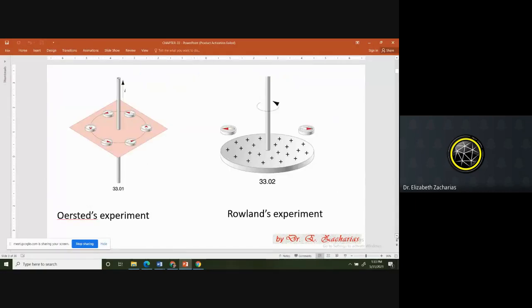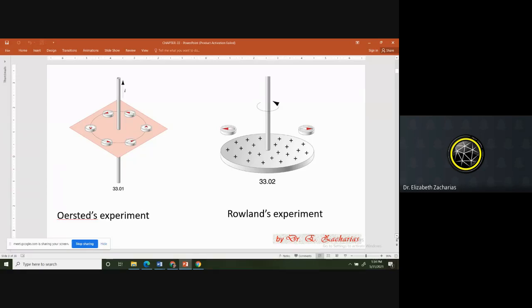Okay, so what's the first sign that currents can give rise to magnetic field? So you have this Oersted's experiment where you can see the first picture. There is a current in a wire. And let's say you're having a plane like this fitted. And then if you put a compass, you're going to see that the compass is going to experience a deflection. The red part of the arrow is the north pole and the other one is the south pole.